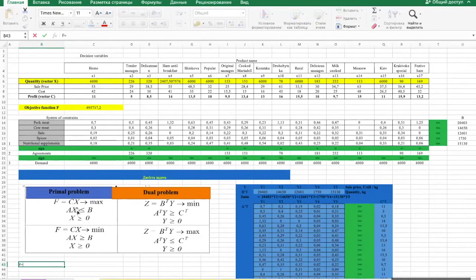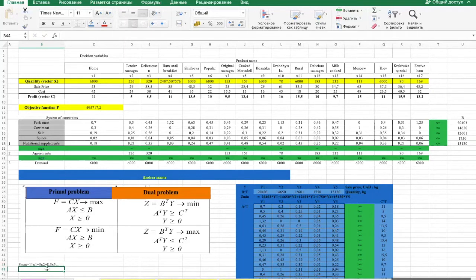How can we write this objective function according to your information? How many decision variables will we have in the primal problem? 17. Good. So how can we write it? 11 multiplied by x1 plus 5 multiplied by x2 plus 8.5 by x3 plus 14. Good. So you also need to do it in your report,